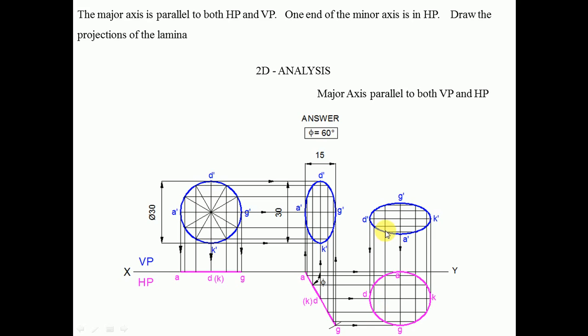Then you draw vertical projectors from here, here, and here. Then from here, draw horizontal projections from these 2 points and you are going to get these 2. So you are going to get these 12 points. Again, by means of a smooth curve, you join these to complete the sketch. So the major axis is parallel to both HP and VP. You can see the major axis, that is D dash K dash, is parallel to HP and is also parallel to VP. So this is the problem we wanted to complete. Fine.